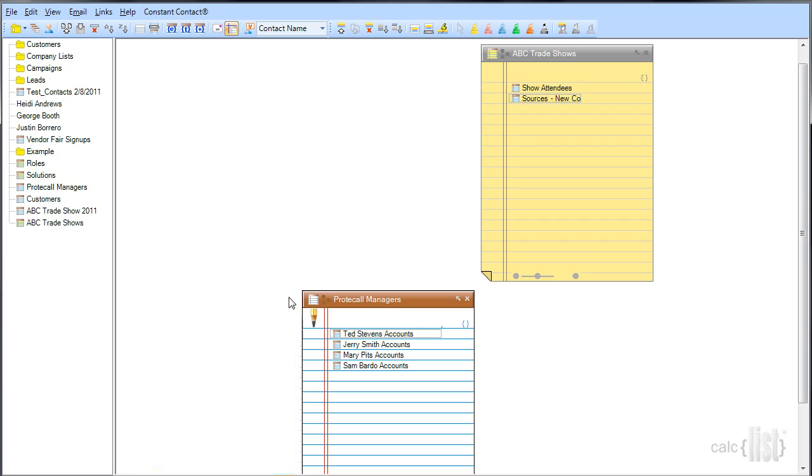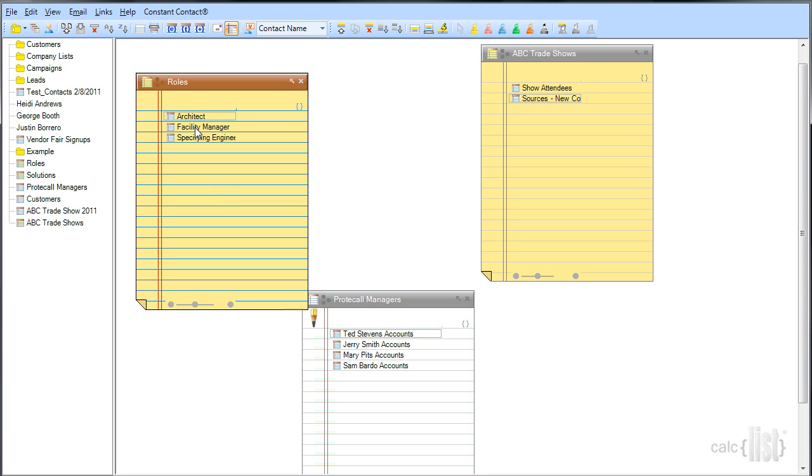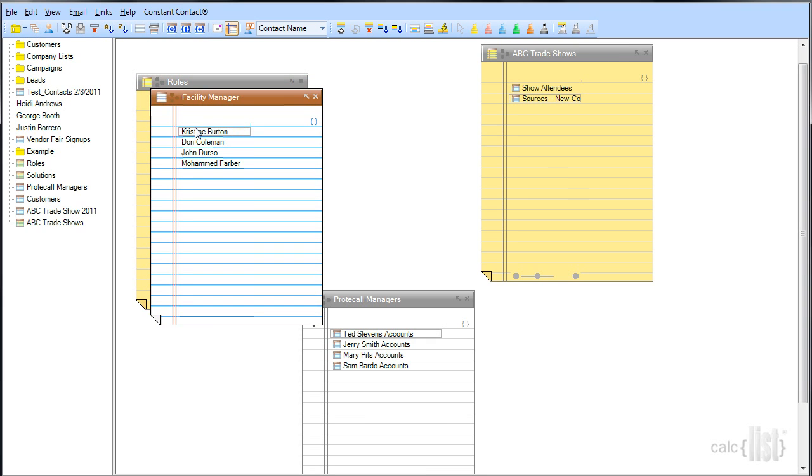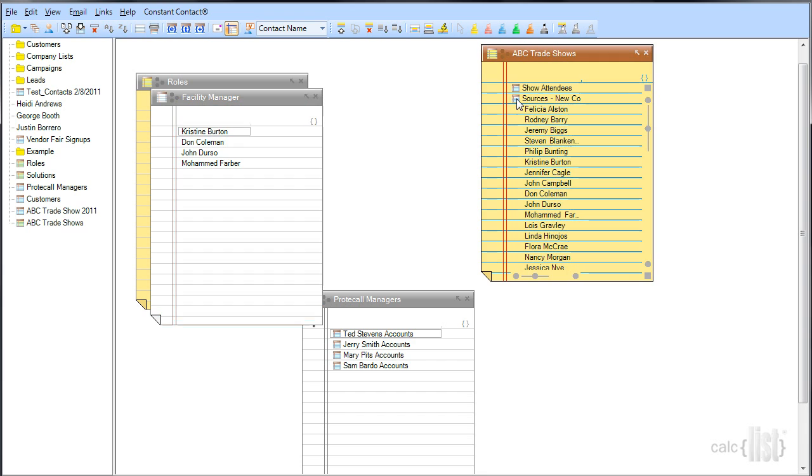Over a period of time, let's see, you were saying you wanted to potentially see, as people are added to lists, who and facilities managers. Okay, so let's go back to our roles. And let's say facilities managers. You want to see basically their sources. So I can go in and pull up my sources list,